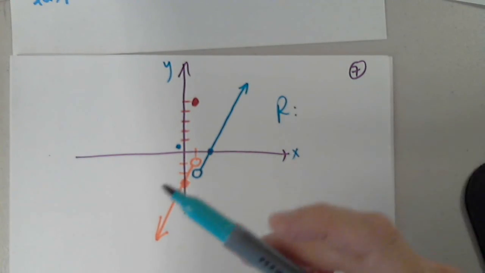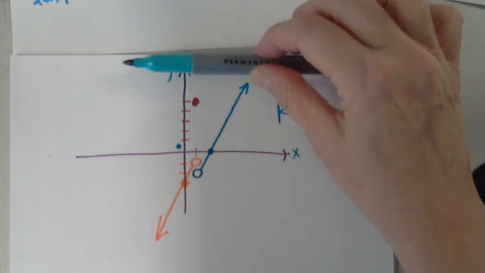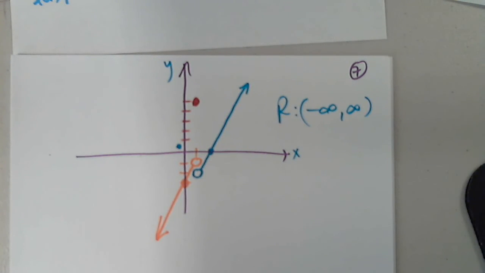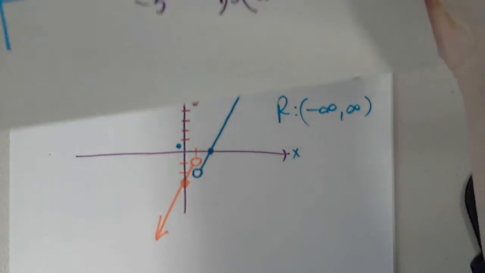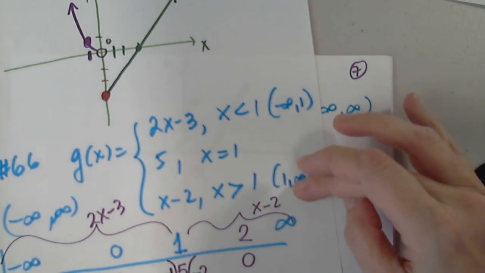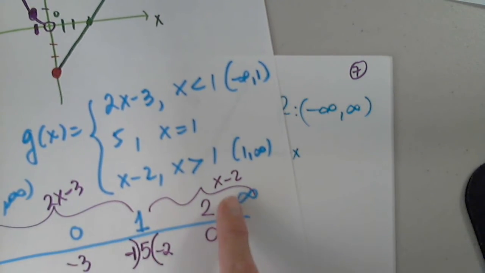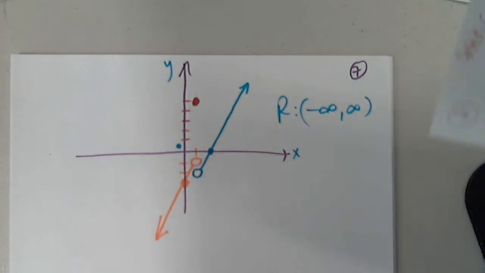And the range is everything from negative infinity to infinity. And this is how we graph a piecewise defined function. We find the domain first. We put everything in a table. We label so we don't make an error. And we pick some values,